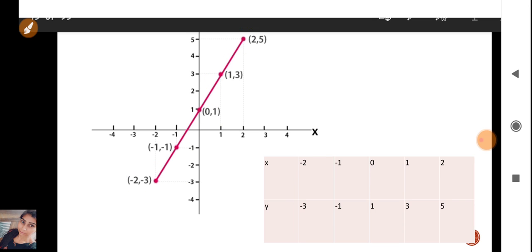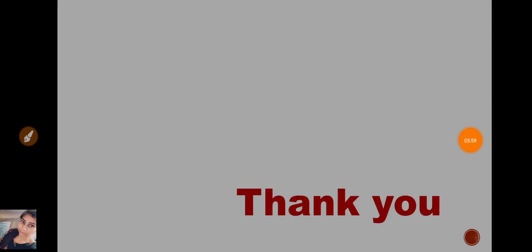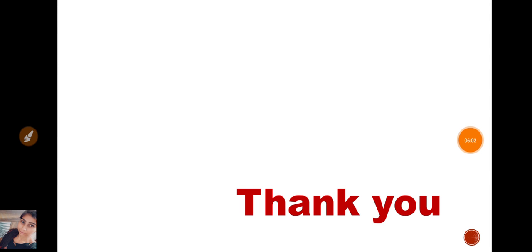Now you can see that you need to put your straight scale over all the points, so that once you draw, you will get a straight line. So you can see we are getting a straight line, and this is called a linear graph. So linear graph means whenever you're getting a straight line, this is called a linear graph. With this, we have covered the third topic of the chapter also, that is linear graph. Thank you.